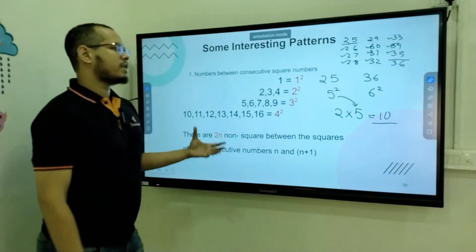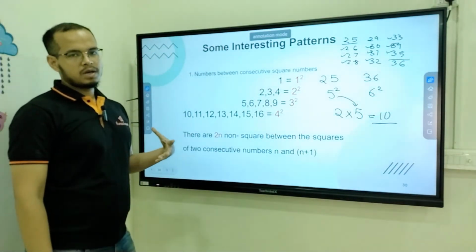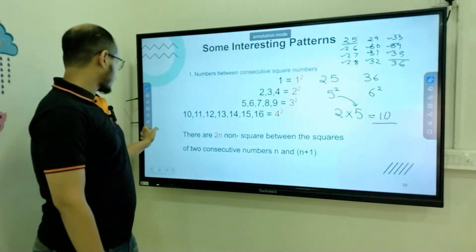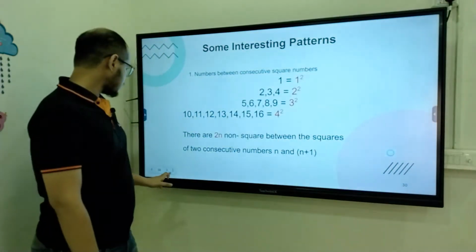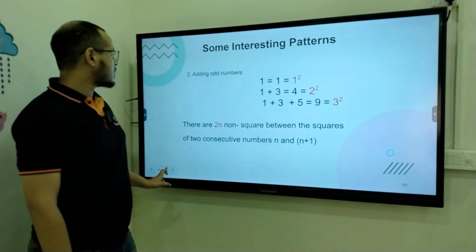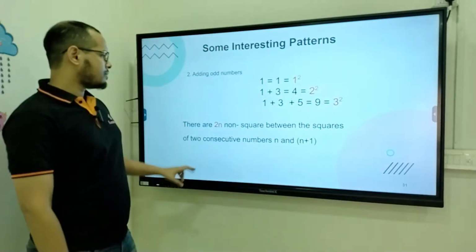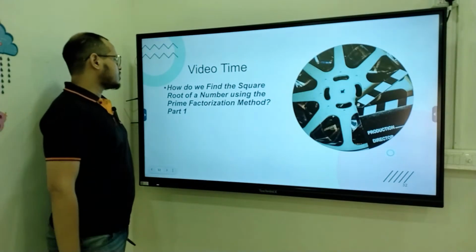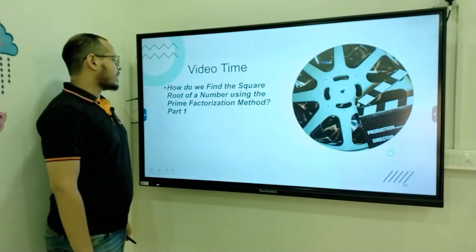This is how we find the number of non-perfect squares between two perfect squares. Okay, now we shall watch a video on how we find the square root of a number